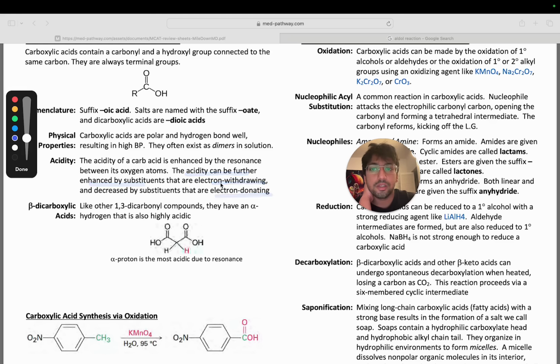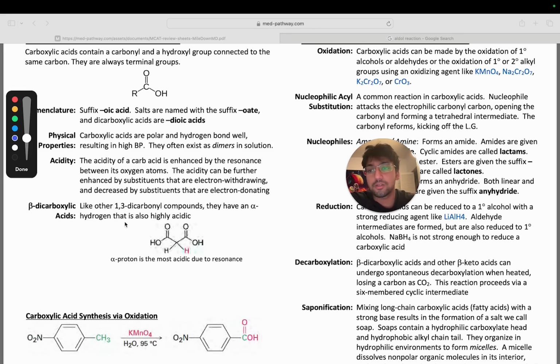So why is it that the acidity can be further enhanced by substituents that are electron withdrawing? There's going to be an electron that's going to be on this oxygen, right? And if you can imagine that there's substituents that are electron withdrawing, then it's going to better be able to handle that negative charge. Okay, beta dicarboxylic acid's not that high yield, but it's just like other